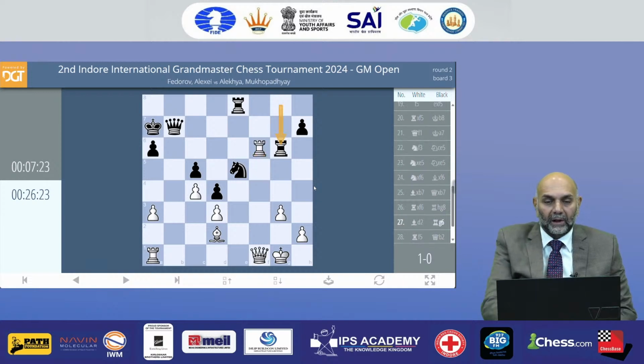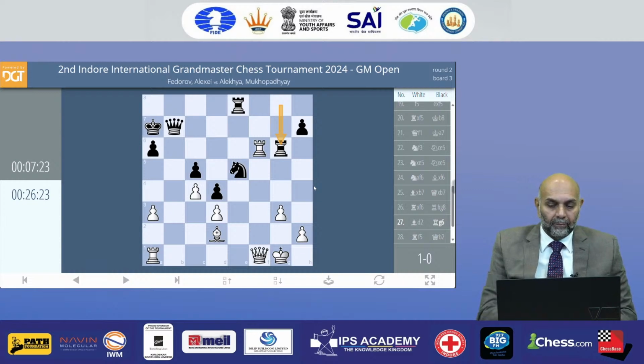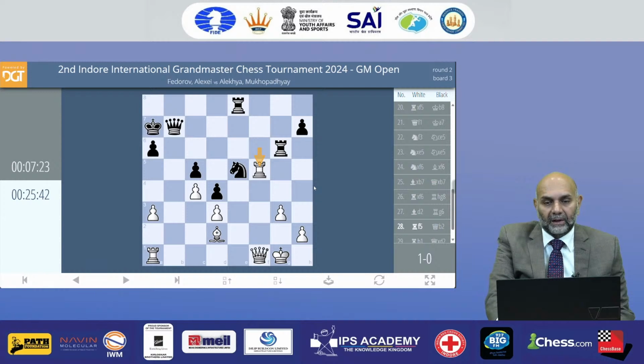White doesn't want to exchange. If white exchanges the rooks, black gets a chance to put knight on f3 eventually. It's going to be very dangerous. White is trying the best counterplay, but the f3 point has been covered twice and it's not going to be further weakened. A simple move. Black plays for some counterplay.